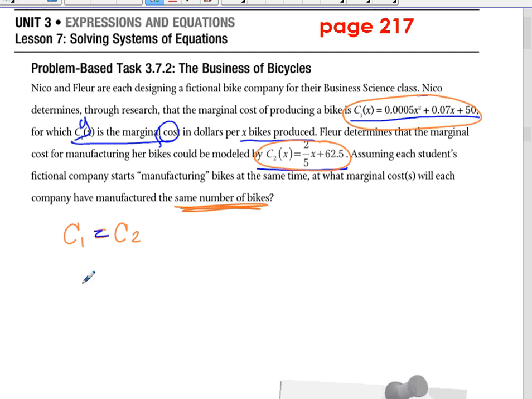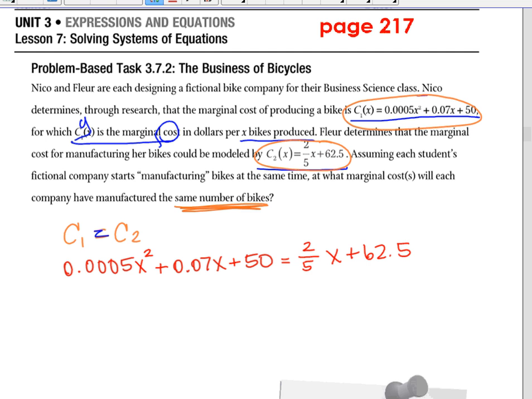If you look at all these decimals, C1 is 0.0005x squared plus 0.07x plus 50. Sorry, I literally have no idea where that blue is coming from. And set that equal to 2/5 x plus